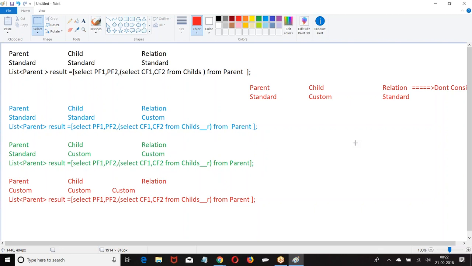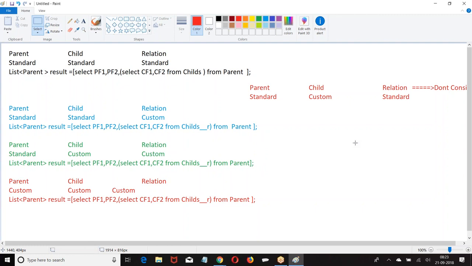See, when you know the child record ID, can't we get the child data? Yes, we can. On the lookup field, we are going to have the ID of a parent. So the parent and child are automatically connected internally, which we fetch using this format. This format is to fetch parent record data along with the corresponding child data by using the lookup field. With the help of that lookup field, if you want to get the data, this is the format in which we have to write it.